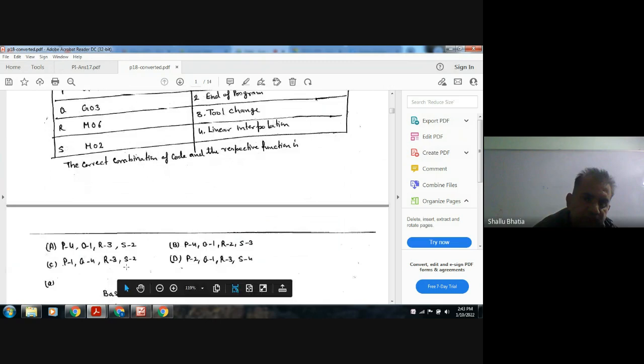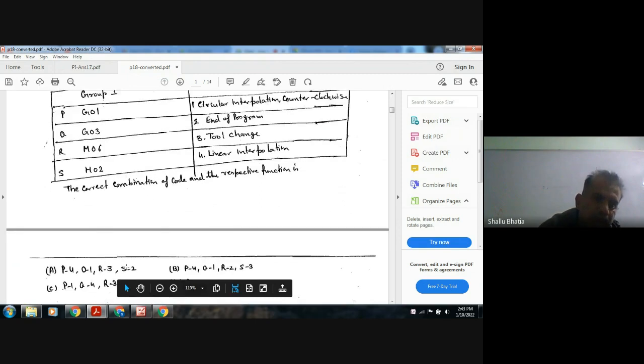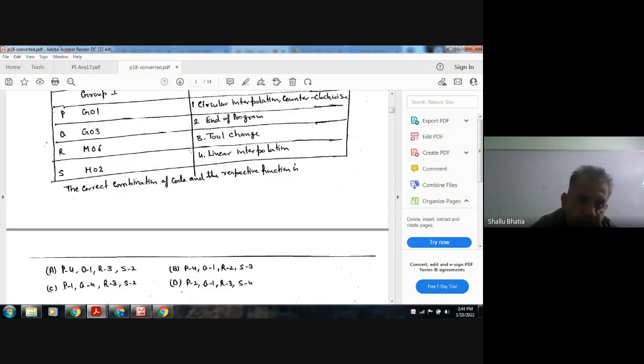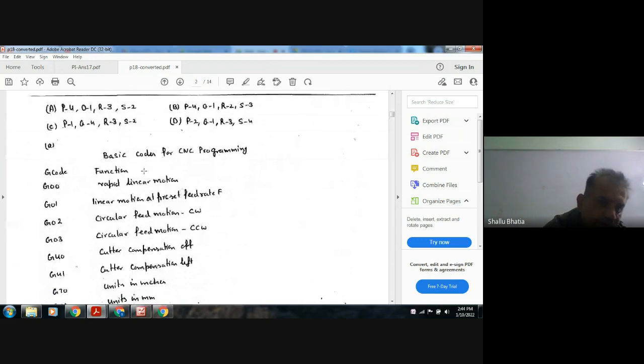The correct combination of code and the respective functions: G01 is linear interpolation, and G02 is circular interpolation clockwise and G03 counterclockwise. M06 is for tool change and M02 is end of program. And what are the other codes? G00 is rapid linear motion,